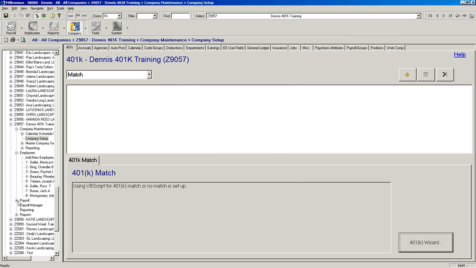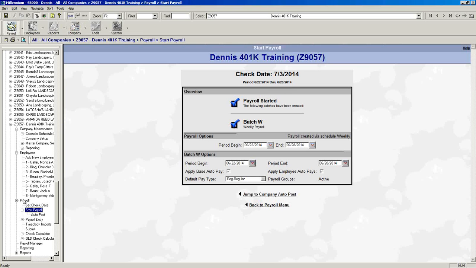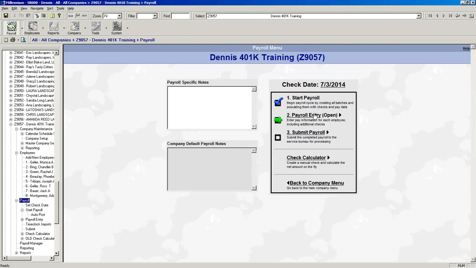So let's see how good this script worked without touching it. And now I have not looked at this company, so there might be a few things we need to set up. Let's see what we got in here.